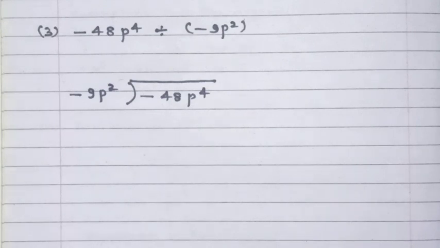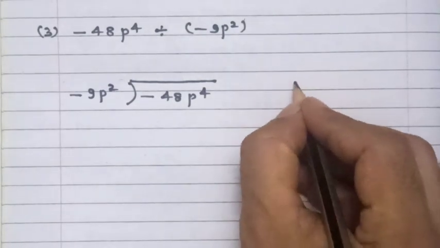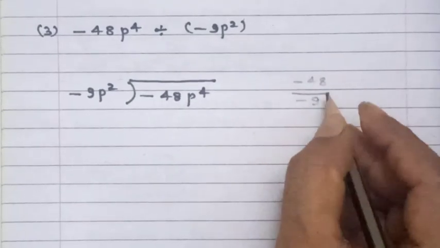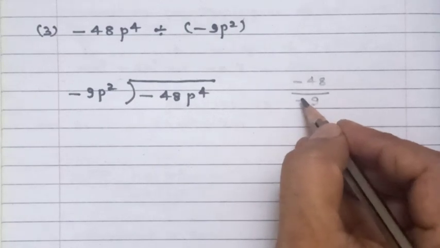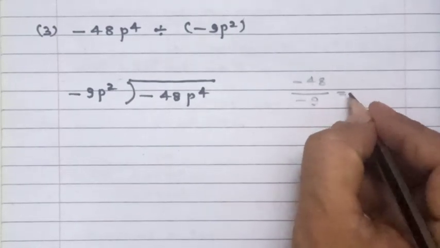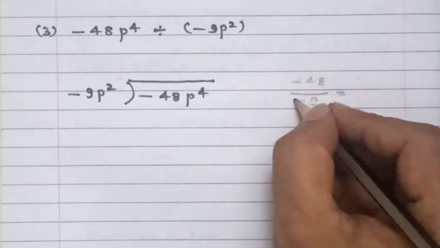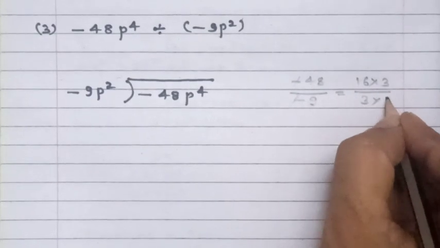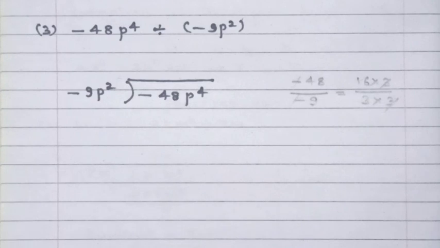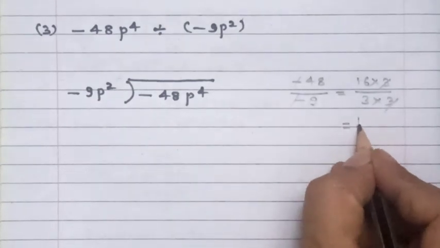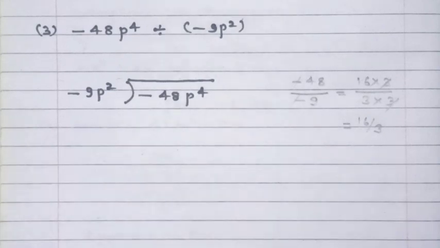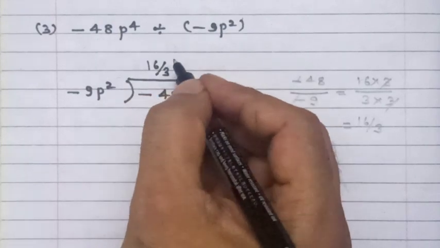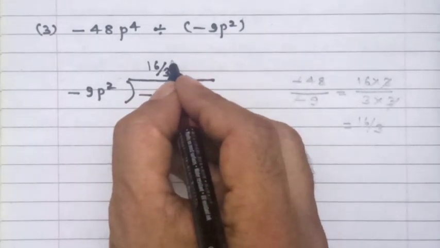So if you want, you can do the rough work. Minus 48 and minus 9, minus minus cancels, and you can write here this minus and minus cancels. 16 3s are 48 and 3 3s are 9. 3 and 3 get cancelled and your answer will be 16 by 3. So you can write here 16 by 3, which is your number, and then